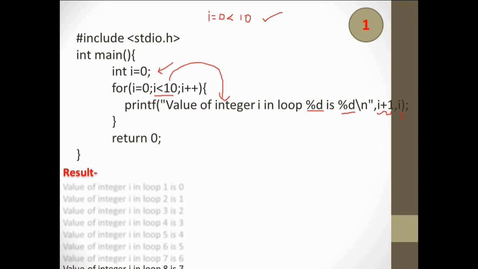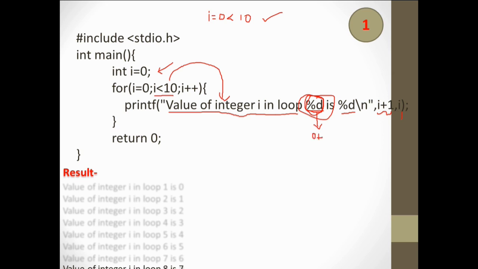When we go inside the for loop, it will print this string exactly as we have given it: value of integer I in loop, and then in place of %d. At the first %d, it will print the value of I plus 1. Here the value of I is 0, so 0 plus 1 is 1.